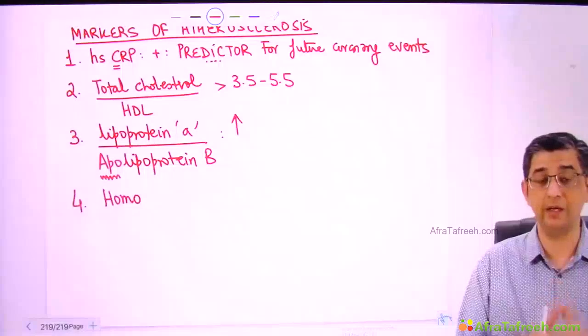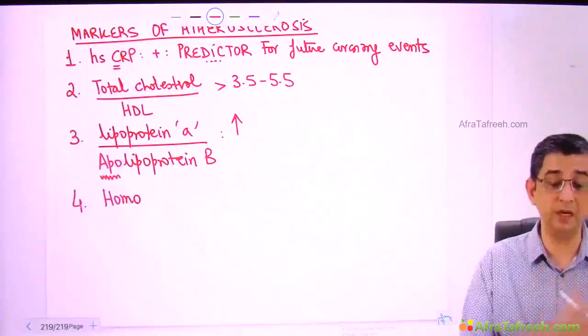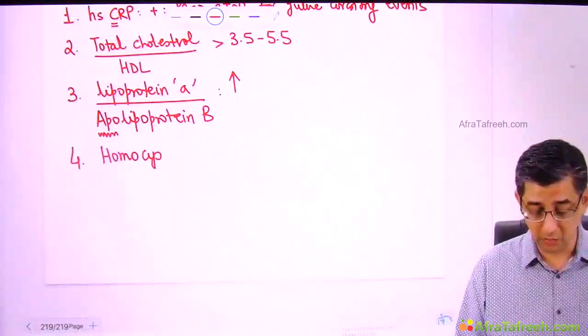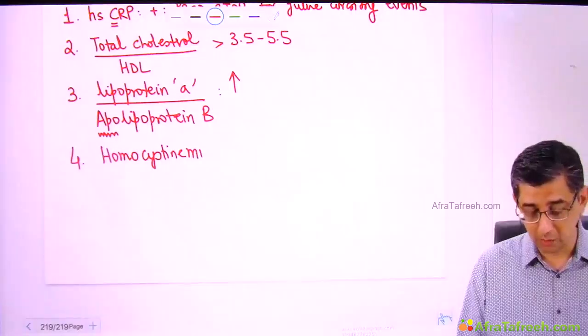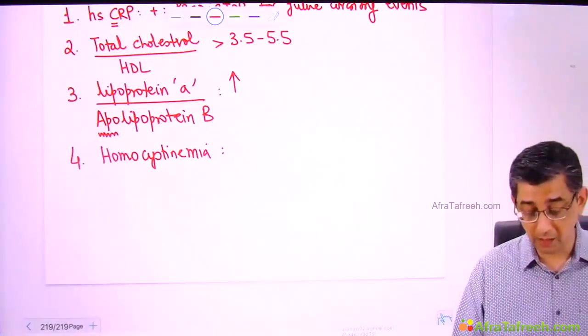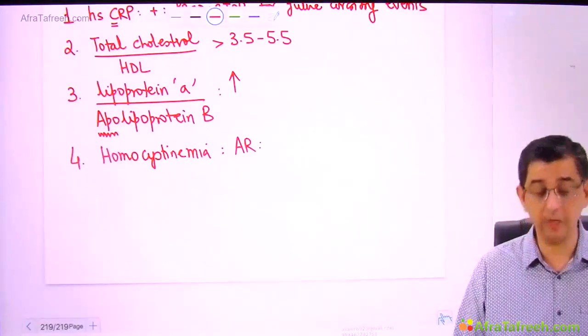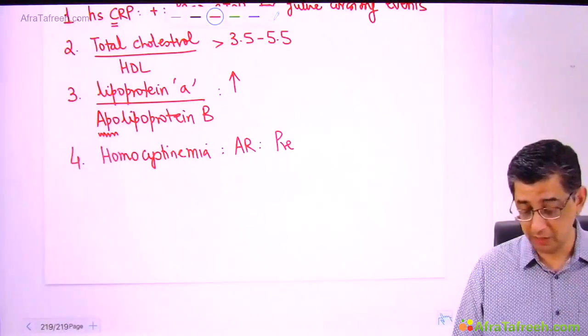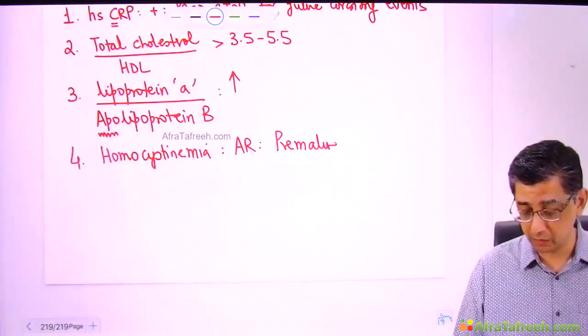So as I highlighted, Indians are developing heart disease at a younger age as compared to the American population. Why is that so? It is because of this autosomal recessive condition, homocystinemia. We Indians have this genetic condition. The amino acid homocysteine levels are found to be elevated, and because of this we tend to have premature atherosclerosis.